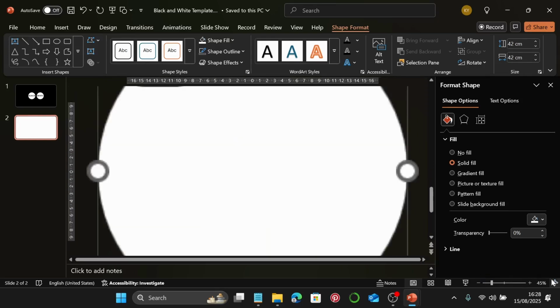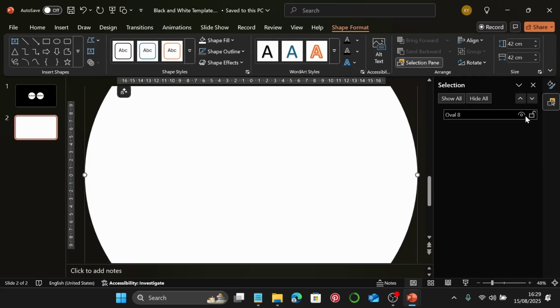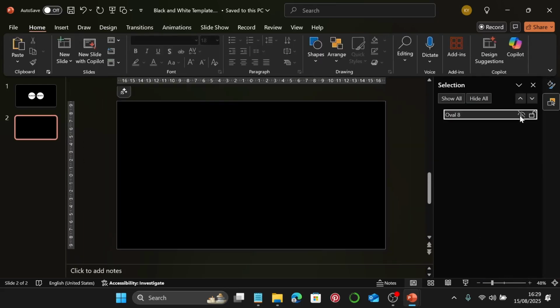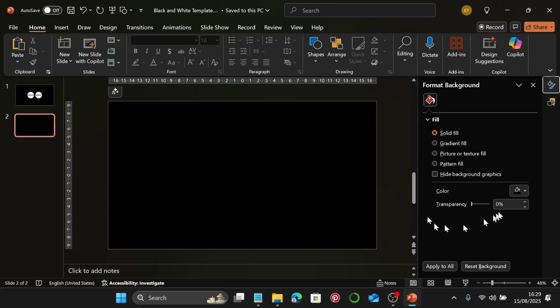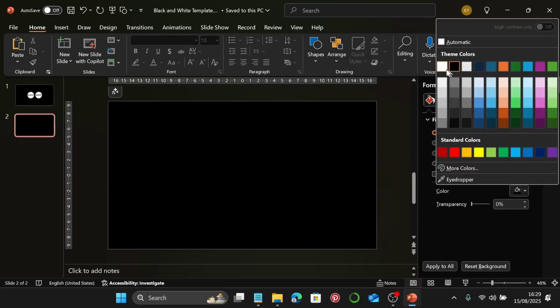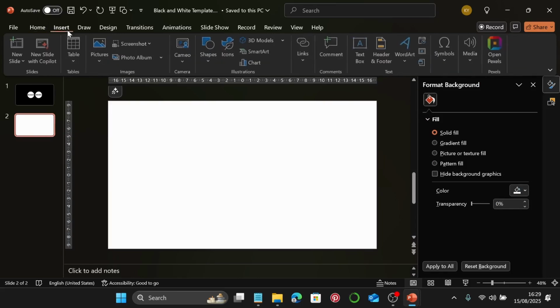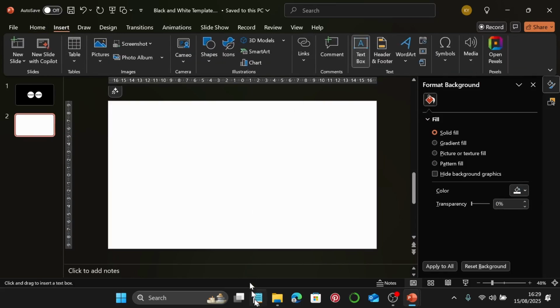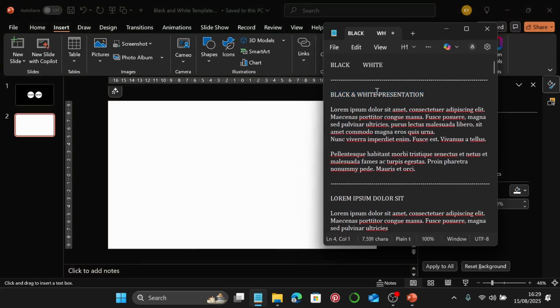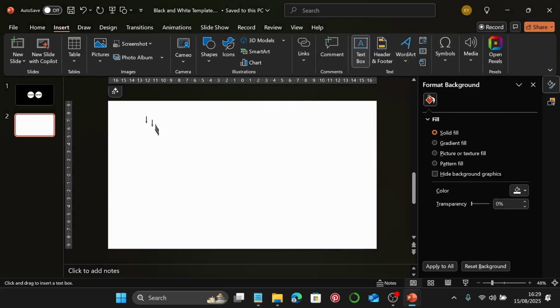I'm going to go to full screen view, then go to the selection pane, turn off the visibility of this oval so we can see what we're working with here for now. I'm going to go back to the background and change the background to white. Now we're going to insert text box. I'm going to grab this first, just black and white. I'm going to